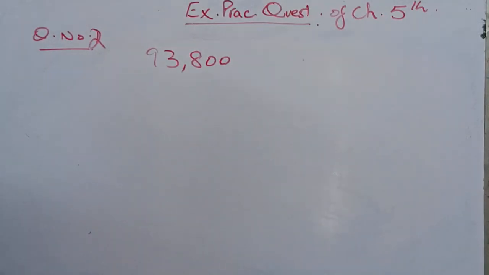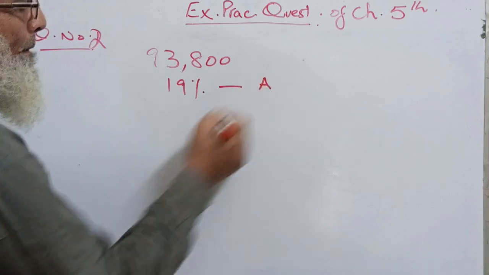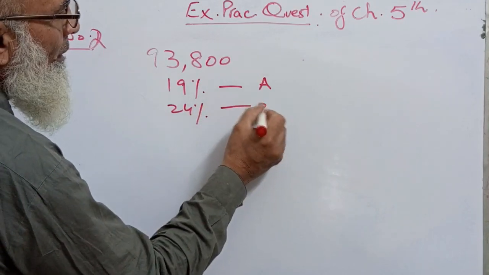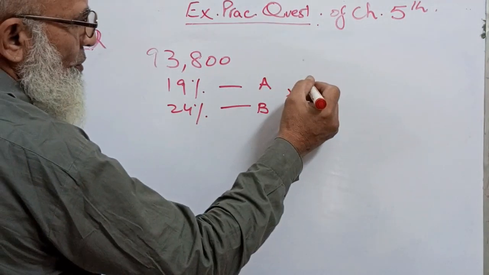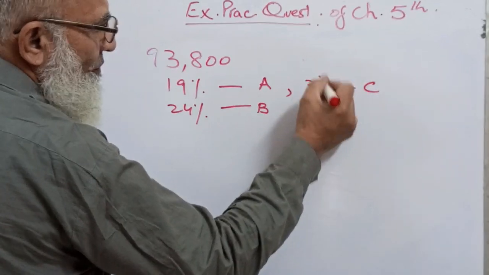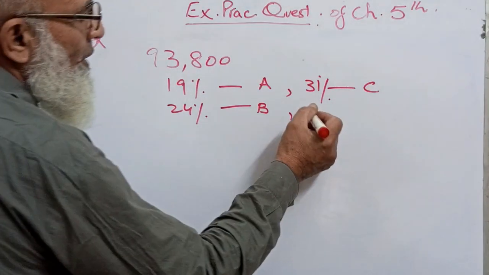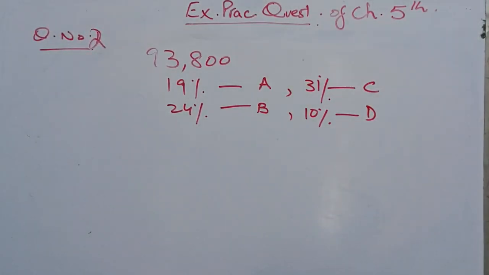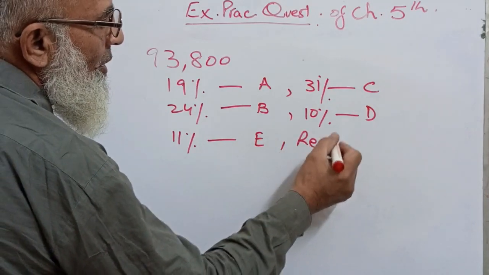19% received A grade. Now I have to write, 19% grade A, 24% B, 31% C. Let me use this portion. 10% D, 11% E, and the rest are